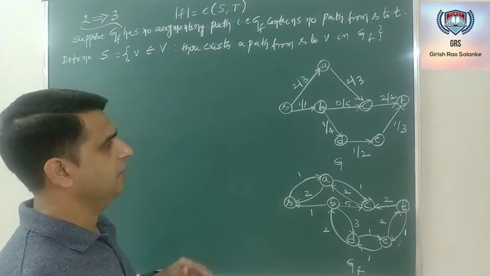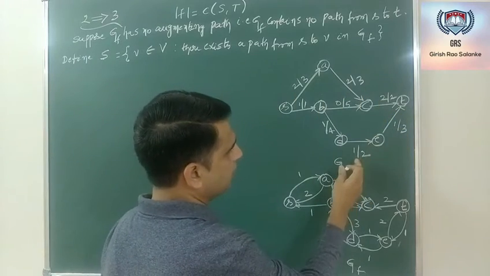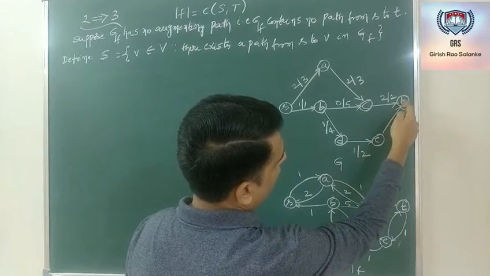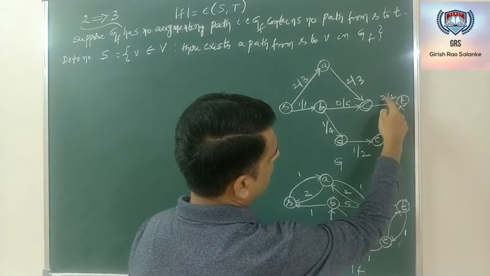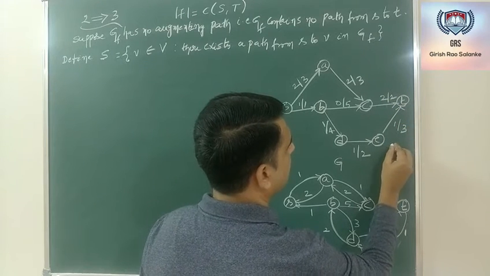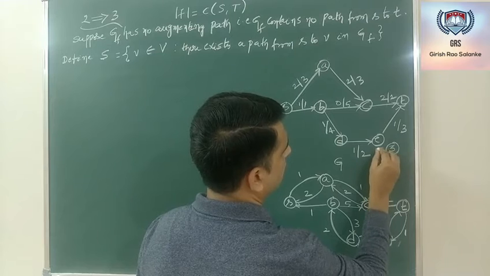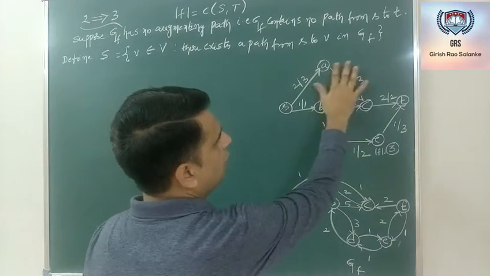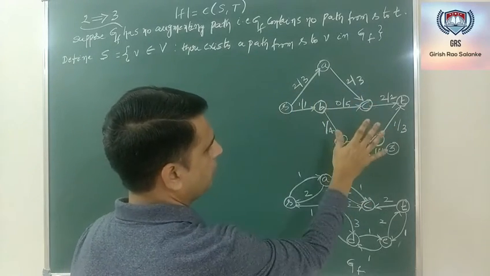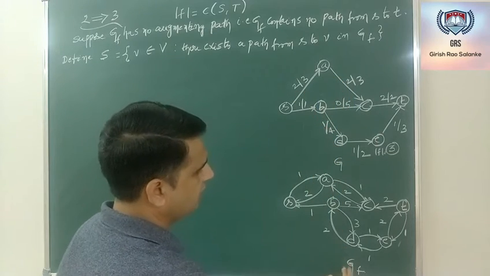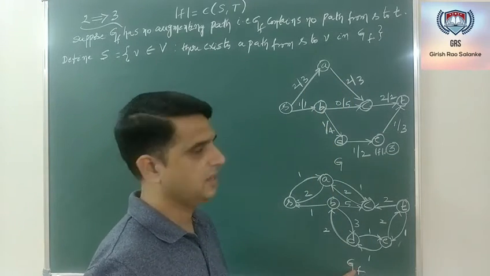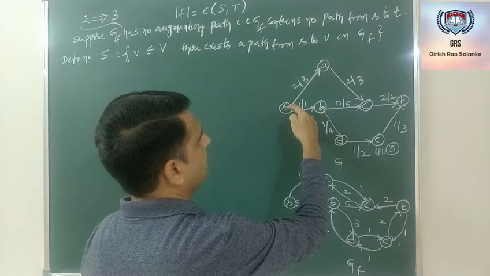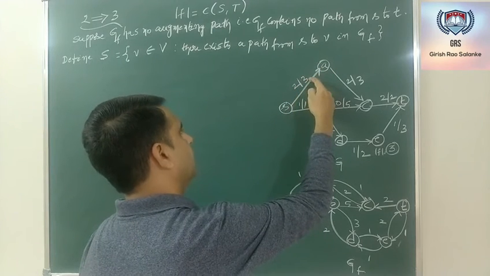Now, to prove this, let me assume that this is a flow network for which I have already calculated the max flow. What is the max flow? Max flow is the flow that is coming towards T: 2 plus 1, that is 3. Here, max flow is 3. I'll write this as cardinality of F equal to 3. Now, there is no augmenting path in this. I have constructed the residual network denoted with GF. Please note that in this residual network, on the edge SA, flow was 2 and capacity was 3.